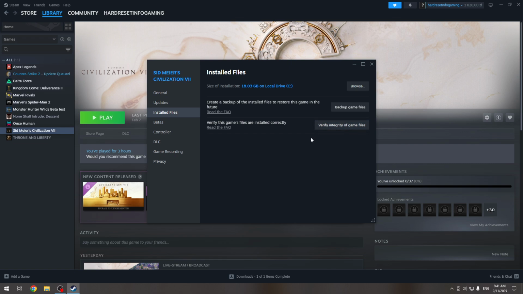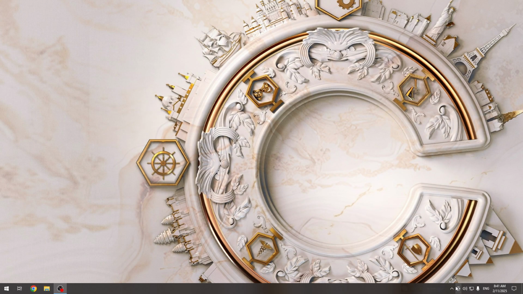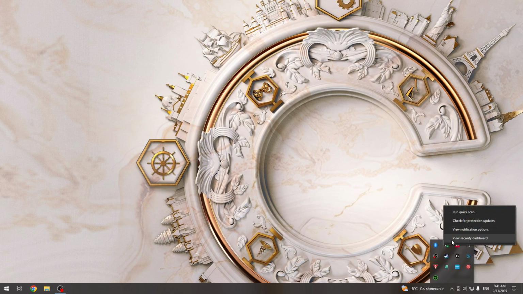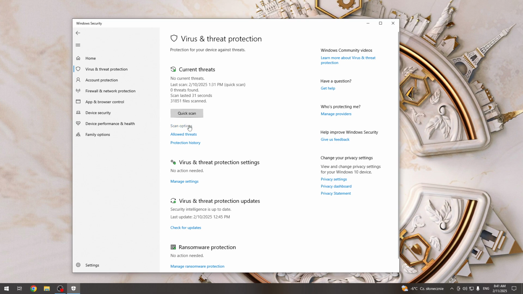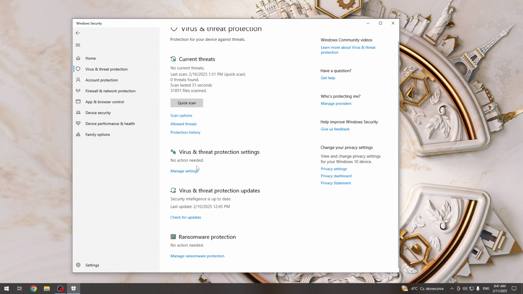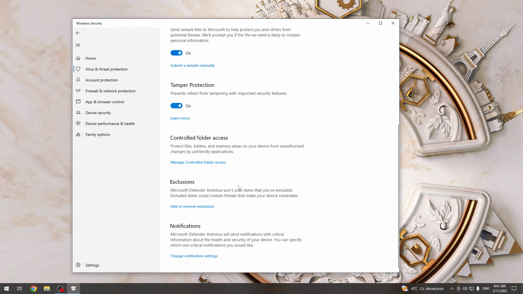I did it already. This will take you, depending on your hard drive, from a few seconds to a minute, or two to three if you're using an HDD drive. So first do that, and if you're done, just look for this little arrow here and look for the Windows Defender icon. Press View security dashboard, and here go to Virus and threat protection, and here we need to look for Manage settings and look for Exclusions,